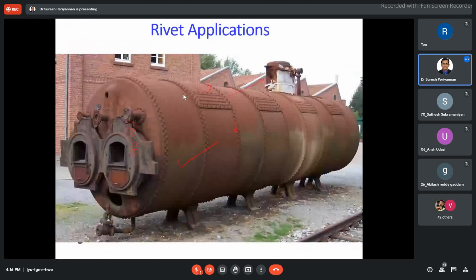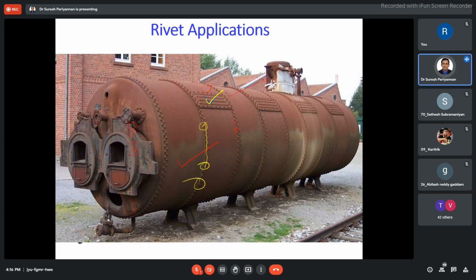In this figure, I thought they might have been given. They didn't give. This is the longitudinal butt joint. This is the longitudinal butt joint. This one is our circumferential lap joint. I mean, there are two cylinders overlapping each other, then they're making a joint using rivets. That's what is called the circumferential lap joint.